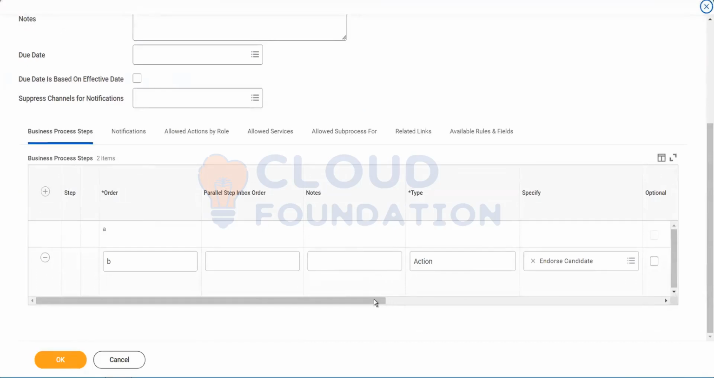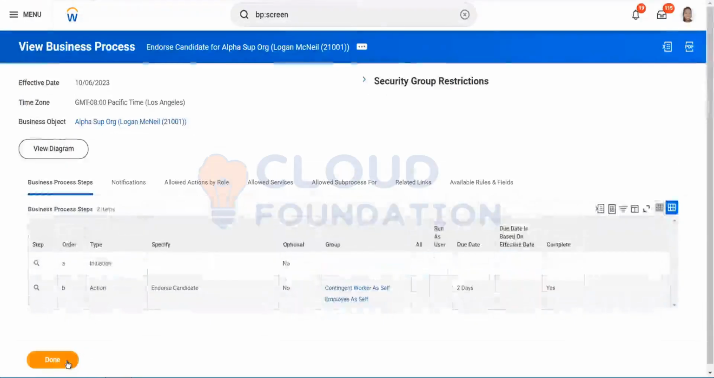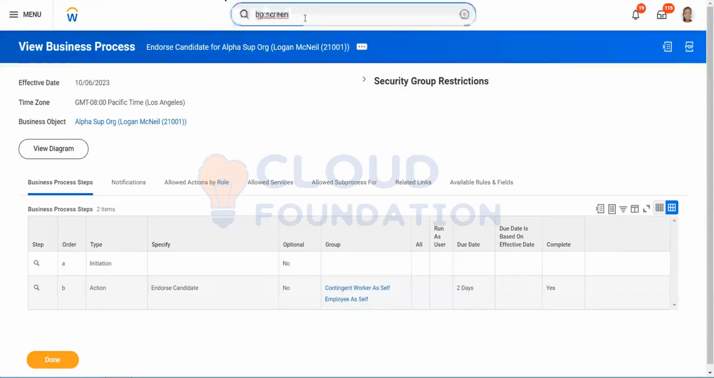Again, it doesn't have many steps. It only has this. And a request would be sent to an employee: please give your approval for endorsing this candidate. So employee as self or contingent network worker as self, both of them could get it. When that step gets triggered and approval is given,